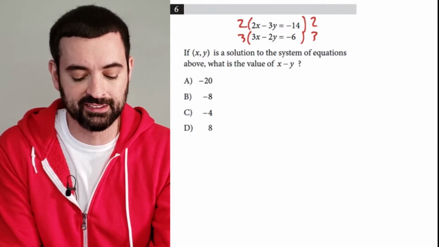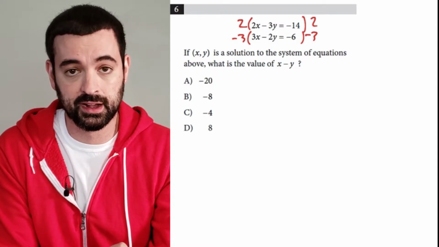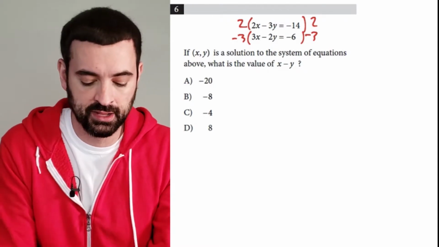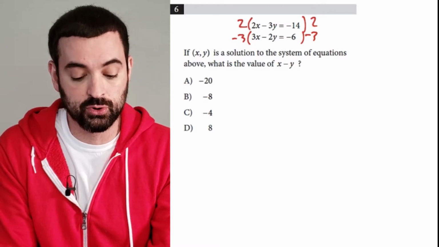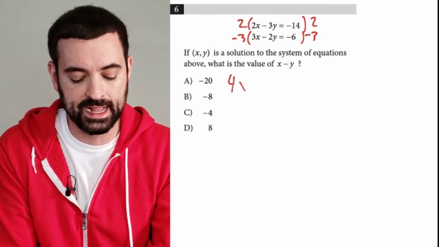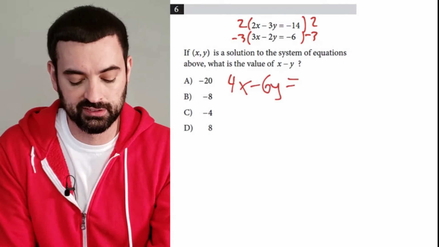In fact, let's make this -3, and I can add instead of subtracting. My new equations are 4x minus 6y equals -28, and